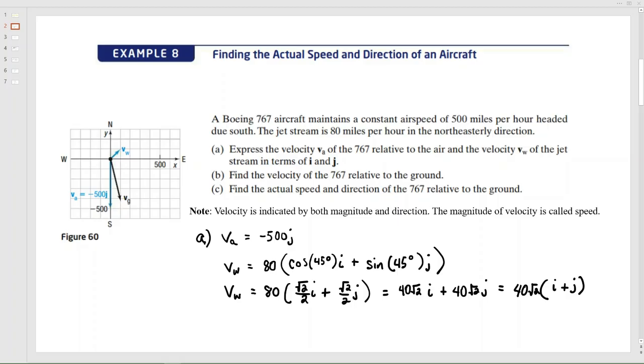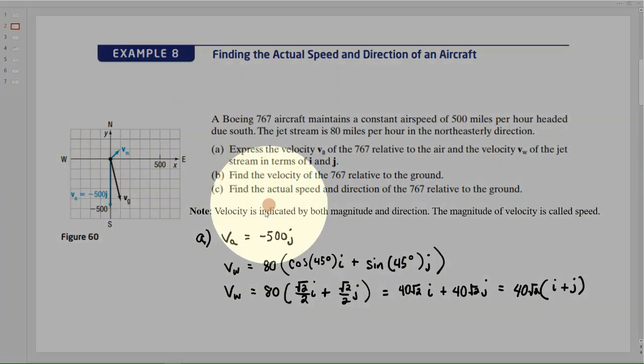Okay, so now let's look at what they're asking us next here. We want to find the velocity relative to the ground. We've got two different velocities influencing this jet. One is its own power, 500 miles per hour to the south, and then it's the velocity of the wind pushing it in a northeasterly direction, equal parts. So it's going to change things here from our desired result. It's going to push us off a little bit, and it's going to create what they're calling the velocity relative to the ground. So combining these is just an application where we add the two influencing vectors together to